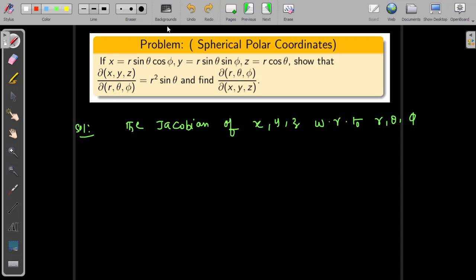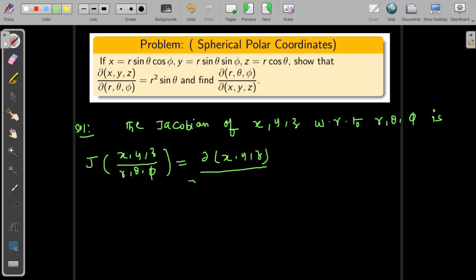It is denoted and defined as J of (x, y, z) over (r, theta, phi), which you can also write as dou of (x, y, z) divided by dou of (r, theta, phi). This is the phi angle, and the definition is